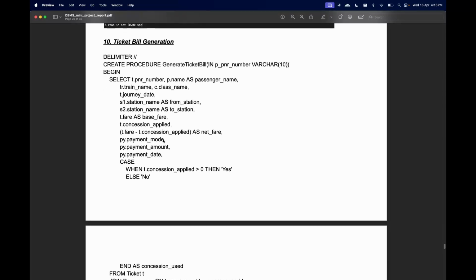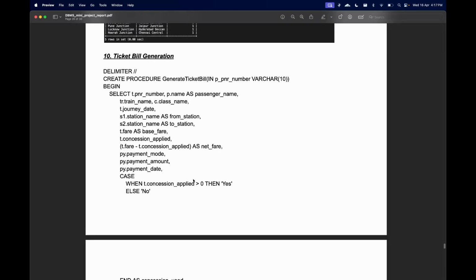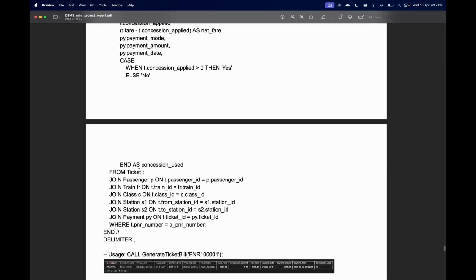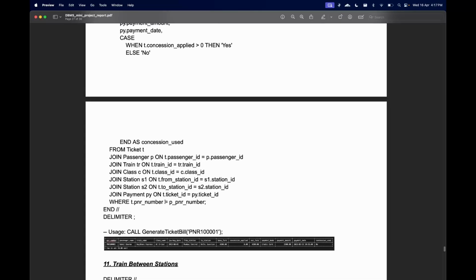Now ticket bill generation. We have taken all the variables we have to display, and joined the ticket table with the passenger table, train table, class table, the first station where the journey starts, and the last station where the journey ends, and the PNR number matches the particular